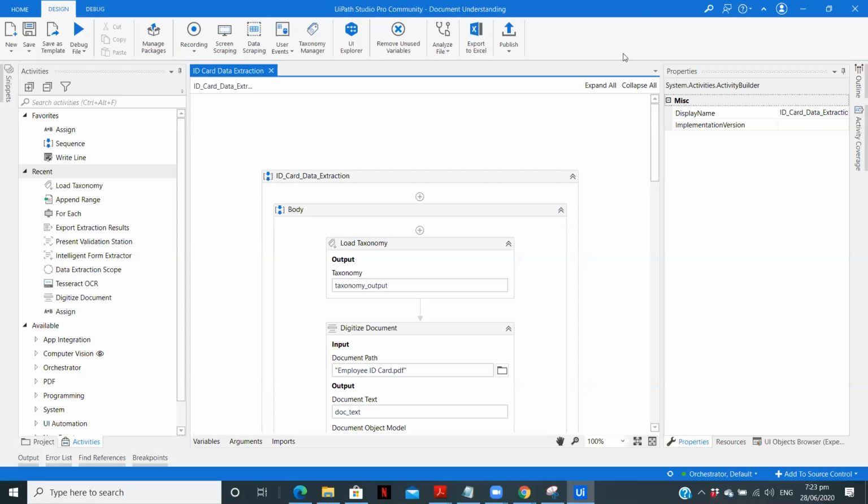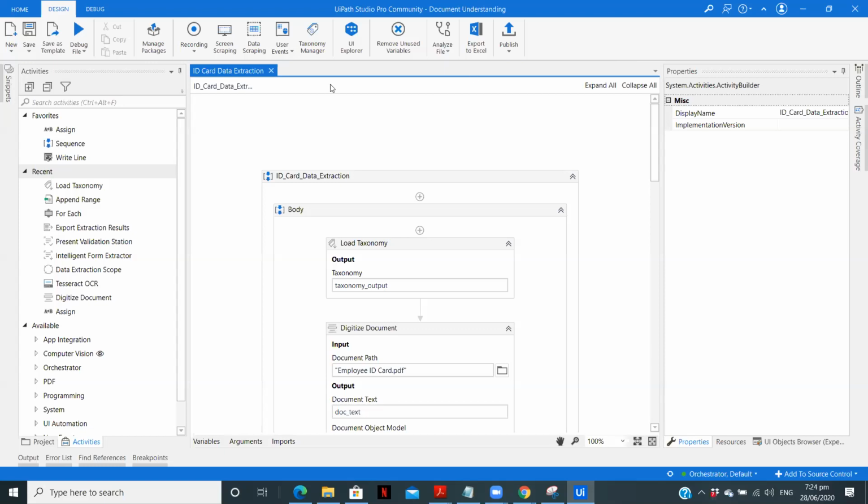If you have seen my previous video on document understanding, I created a video in which I'm extracting data of a table from a PDF. But in that video, while selecting the data which I want to extract, I could directly select the data and highlight the field where I want to extract it. But what if you can't directly select the data or the area from where you want to extract the data? At that time, custom selections come into the picture. So in this video, I'm extracting the data from an employee ID card where, while selecting the area where I want to extract, I will be using a custom selection.